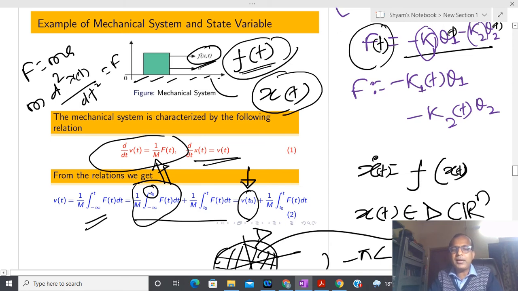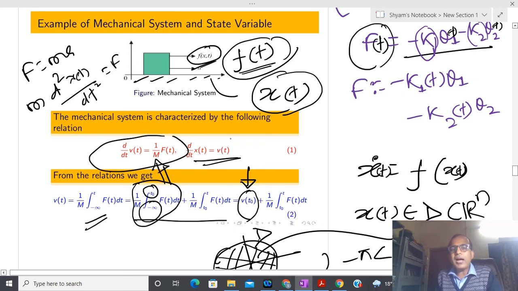Okay, it is possible that between minus infinity and t0 I don't have any kind of information, any kind of memory. At that time the state variable equals 0, the initial condition of the state variable is 0. But whenever I say V(t0) is 5, it means that this quantity is carrying information from minus infinity to t0, with a finite integral up to t0. Okay, this is an improper integral because minus infinity is here.